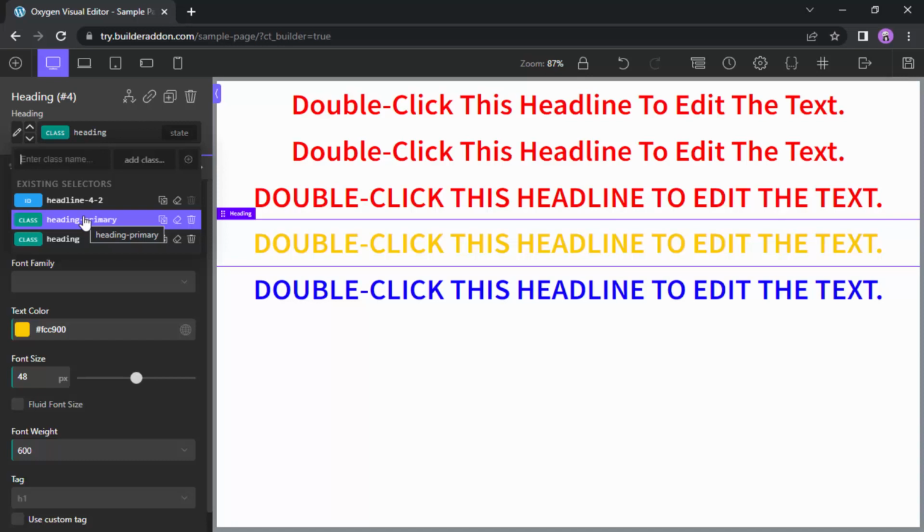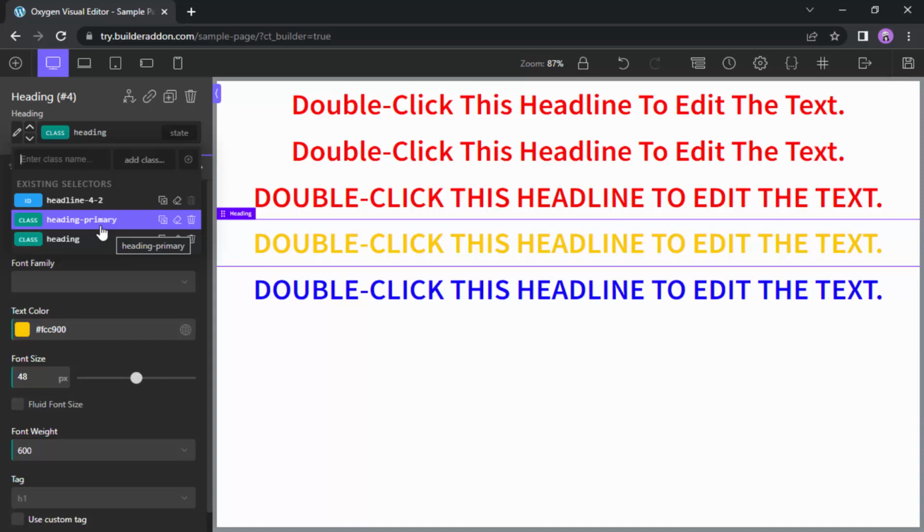But beside this, there are a lot of other problems when you are using classes. Like every time you want to add a heading or any other element, you will have to add this generic class to all of them, and then you will have to maintain them separately. And on top of that, you will have to create different classes like heading primary, heading secondary, heading hero, and classes like them. And then you will have to remember all of their names, and remembering names becomes a huge bottleneck in building your site. So for just your heading, you may have 5 different classes. For your div, you may have 15 different classes, and as your site grows, you will have hundreds of classes